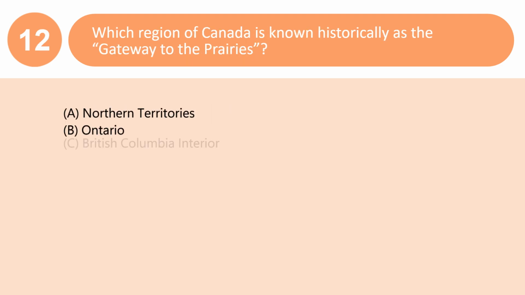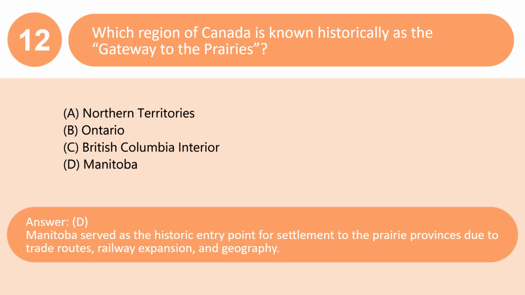Which region of Canada is known historically as the Gateway to the Prairies? A. Northern Territories. B. Ontario. C. British Columbia Interior. D. Manitoba. Answer, D. Manitoba served as the historic entry point for settlement to the Prairie provinces due to trade routes,